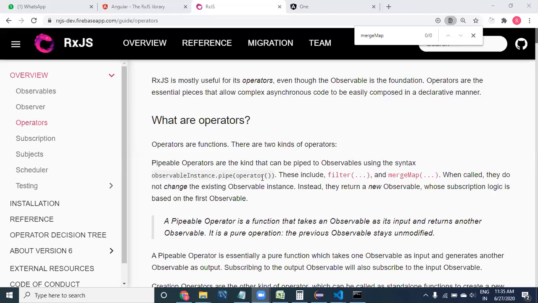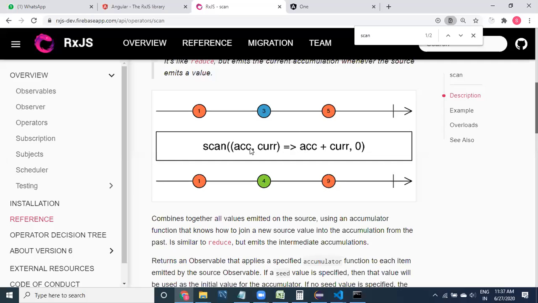Okay, go to mergeMap. I will show you how it is going to work. Whatever condition you are providing, the current value and previous value, this can be called the accumulated value.